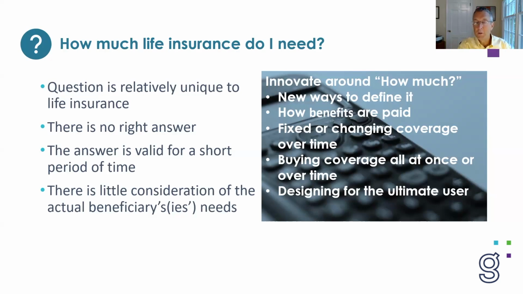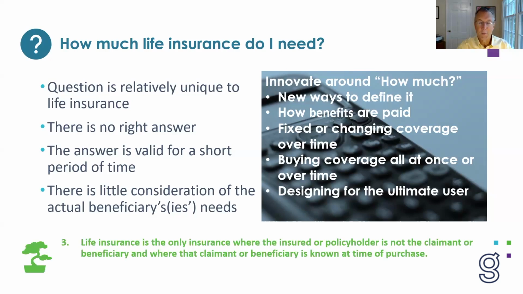And we could do more designing for the ultimate user, that beneficiary, which brings me to another unique factor with life insurance. It's the only insurance where the insured or policy owner is not the claimant or beneficiary, and where that claimant or beneficiary is known at the time of purchase. And I challenge anyone to come up with an example that proves this point wrong. So far, no one has been able to. Maybe there is an example, other